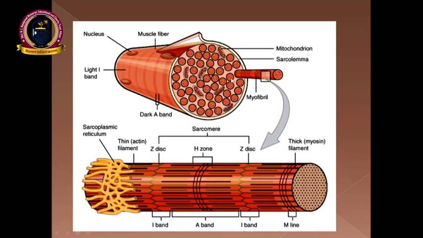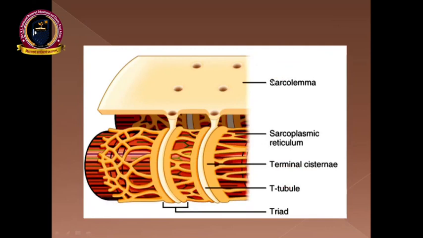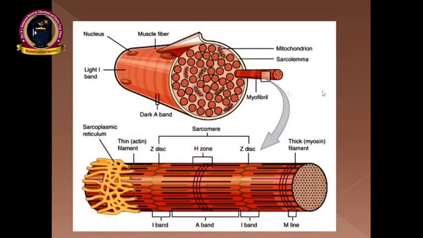This is the same thing, highly enlarged, and if you take up one single myofiber, and from the myofiber one single myofibril if you pull out, that myofibril looks like this. It is made up of the contractile elements. There are two types of elements. They are also called the contractile filaments or myofilaments. One is thick, which is called the myosin filament, and another thin, called the actin filament.